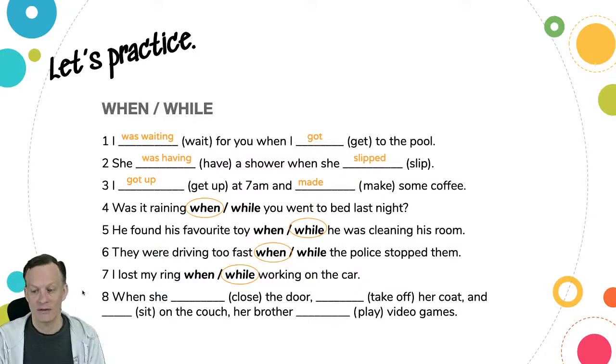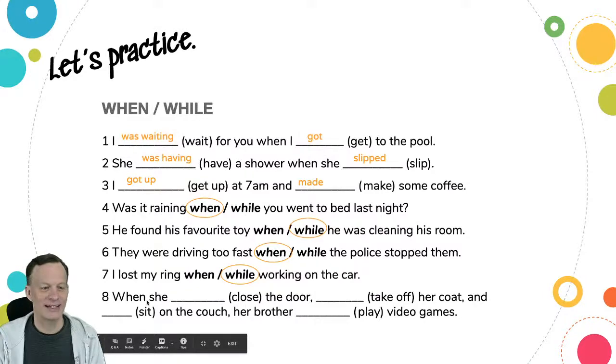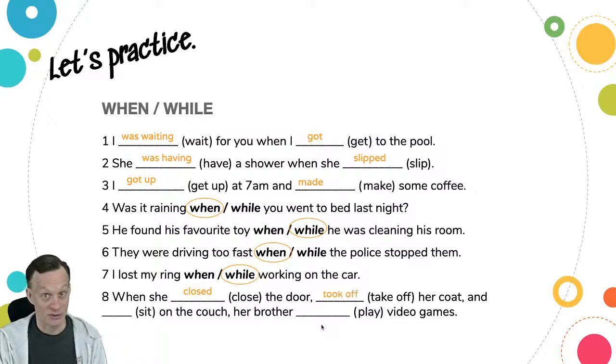Okay, and number 8, when she closed the door, took off her coat, and Enrique, almost. Closed, took off, sit. Okay, almost. Barbara, exact same answer. Are you working together? But was playing. So she closed the door, she took off her coat, and sat on the couch. Her brother